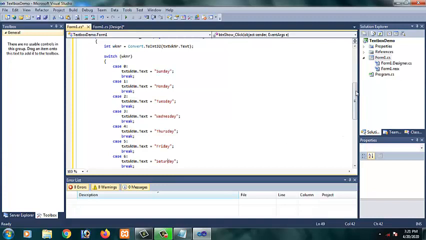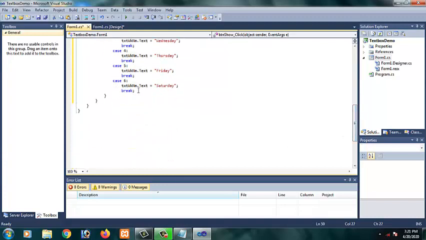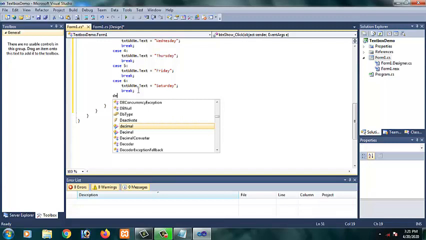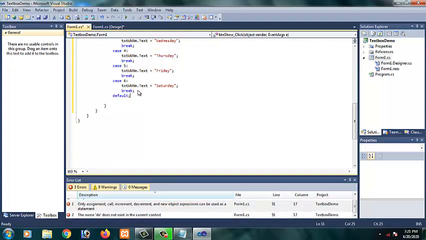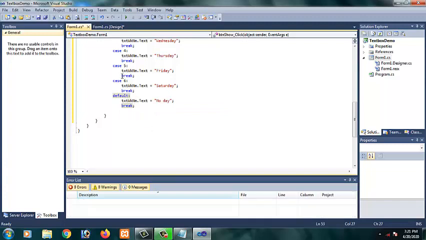Okay. When the user types a number not in this range, for that it is the default option. When it is not in this list, it is going to be "no day". So I'm going to show it as no day and then break. Okay, let's see whether it is working or not.